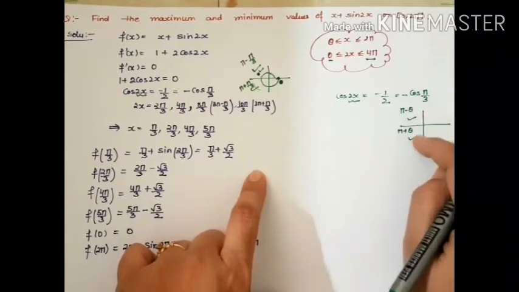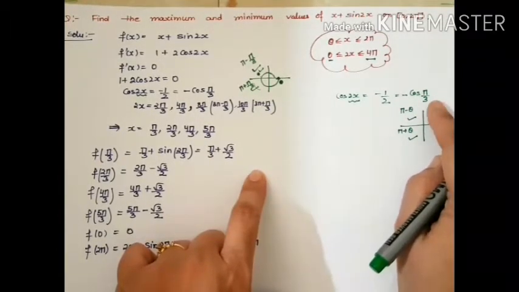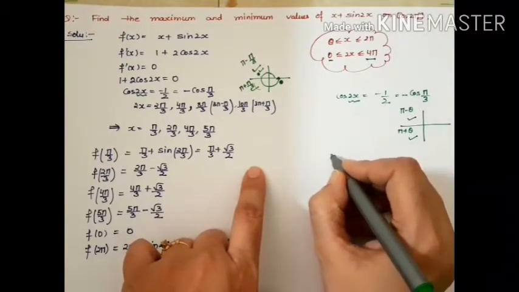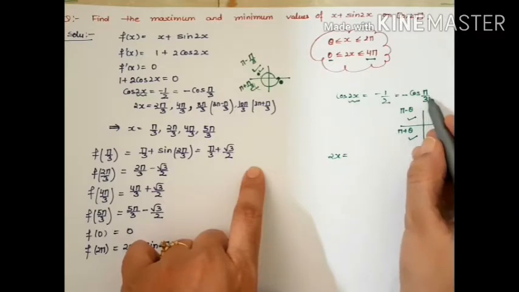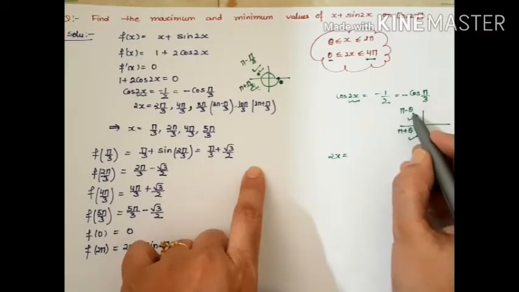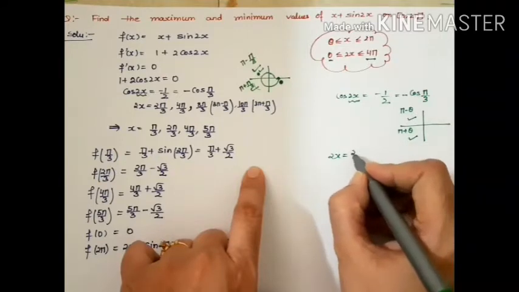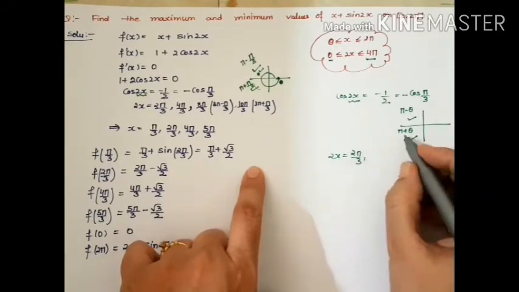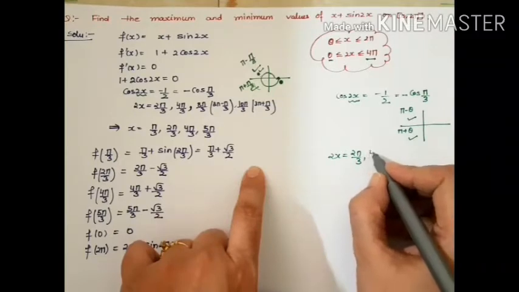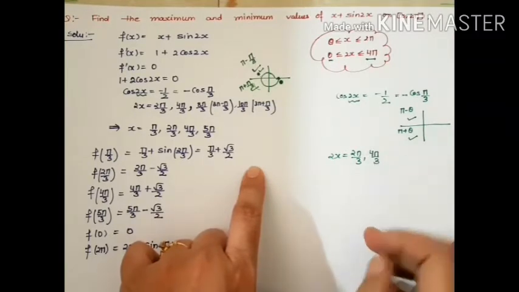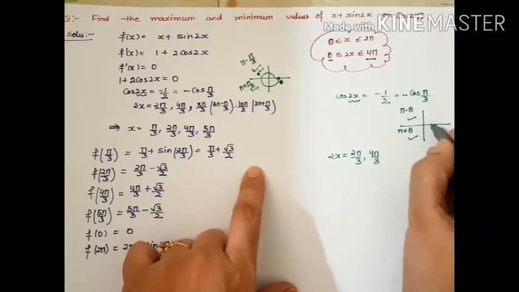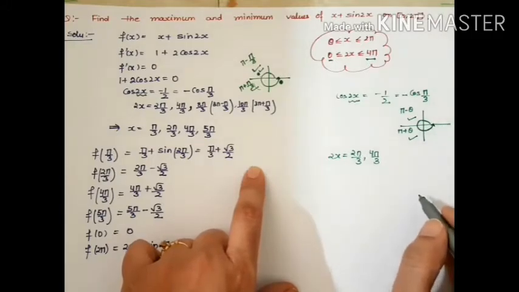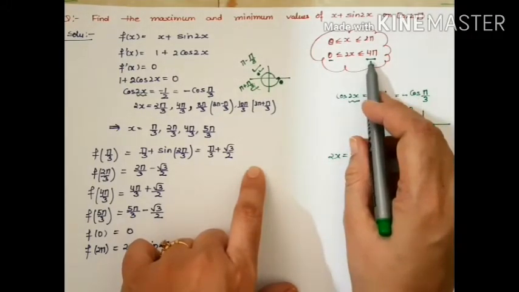If I apply this combination, then for sure there will be two values which I will consider. Theta here is pi by 3. So this will become pi minus pi by 3, which is 2 pi by 3. And next will be pi plus pi by 3, which is 4 pi by 3. So these two angles are there for sure. Till now I have taken the quadrants covering angles till 2 pi only, but I can take till 4 pi.